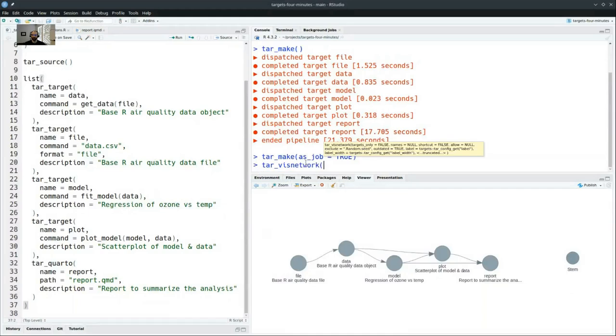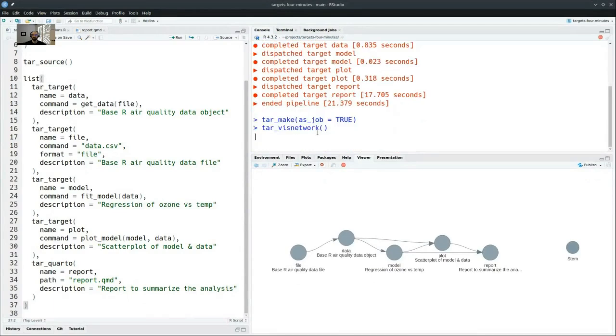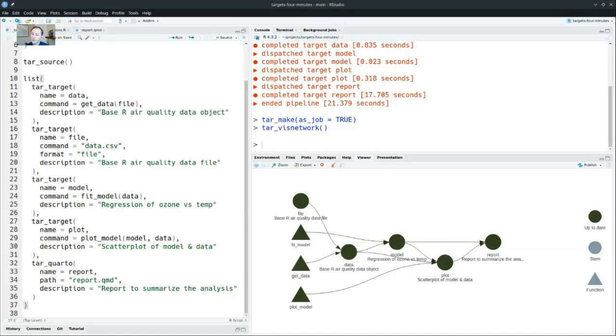And even in the dependency graphs, that information is color coded into functions like tar_visnetwork. Whereas we had tar_glimpse here with just the targets in the pipeline all colored gray, this tar_visnetwork graph shows the nodes color coded based on whether they're up to date or not. That includes the targets in the pipeline and the functions you see on the left as triangles. So if you see something in that visnetwork that's not up to date, you would want to run tar_make again, which would bring it up to date. Is that right? Right. Cool.